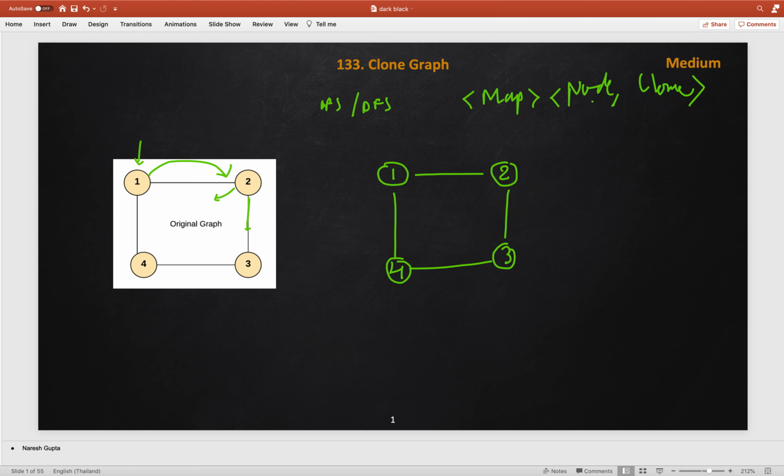So we always check if a node is already created and cloned, and if so we just make use of it and return that node. Otherwise we create the new node and put it into the map. So this is the solution. I think you can easily implement DFS. So pause the video and try out the code.